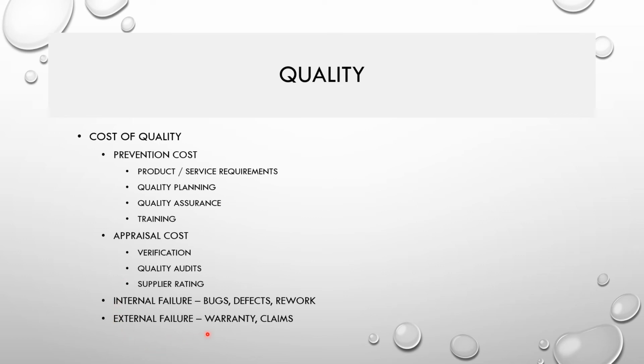And there are two other types of cost of quality: internal failure cost and external failure cost. What is an internal failure cost? During your validation or QC, if you come across any bugs and defects, and you have to do rework, fixing that work, right? That is called internal failure cost, for fixing the internal failures. Similarly, once you deliver the product, the car is delivered to the customer, a particular laptop is delivered to the customer, there will be a warranty or claims in terms of failure. The product is failing, right? You will incur a cost of replacing that particular product with a new one, right? That's called cost incurred due to external failures,